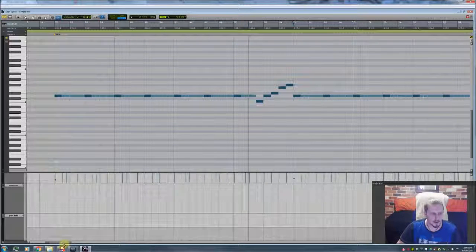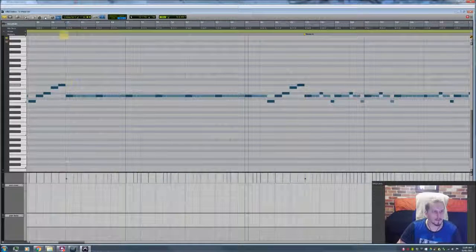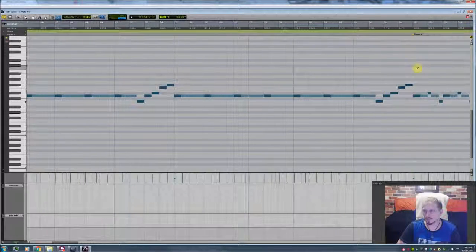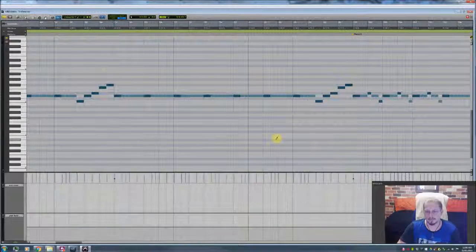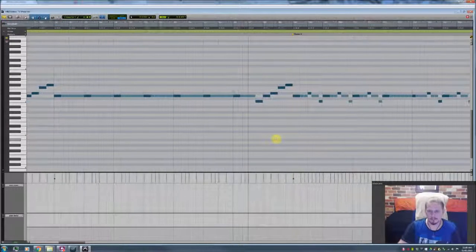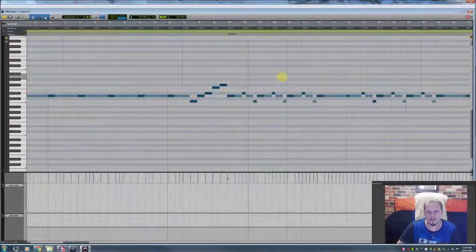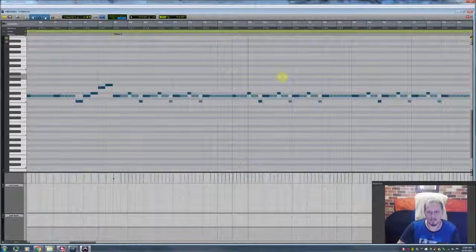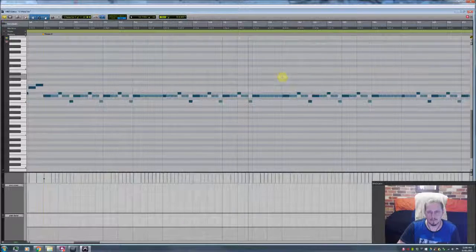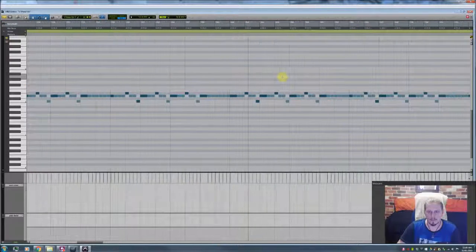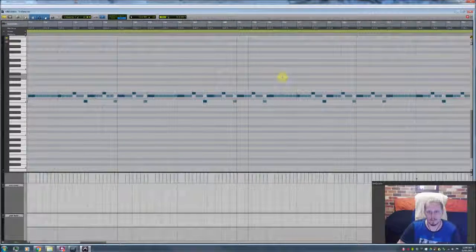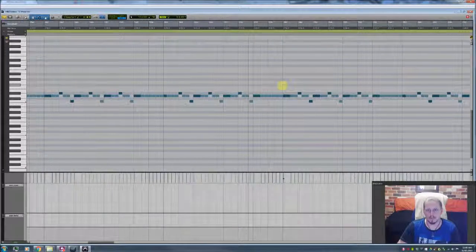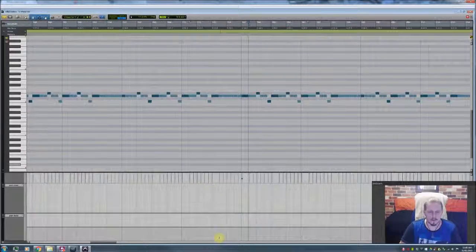Then the main first riff of the song comes in here. So you get it.